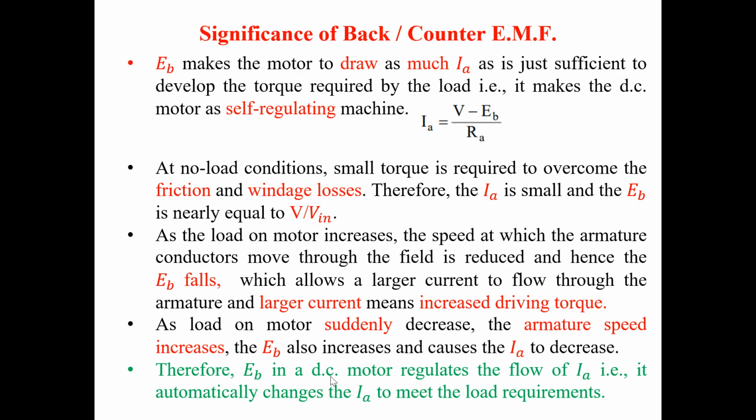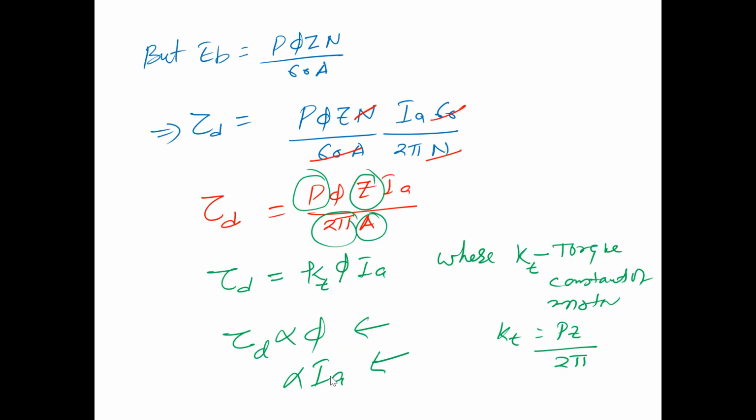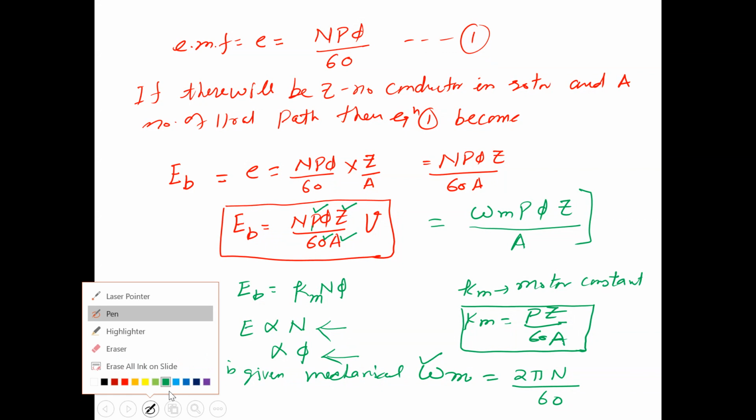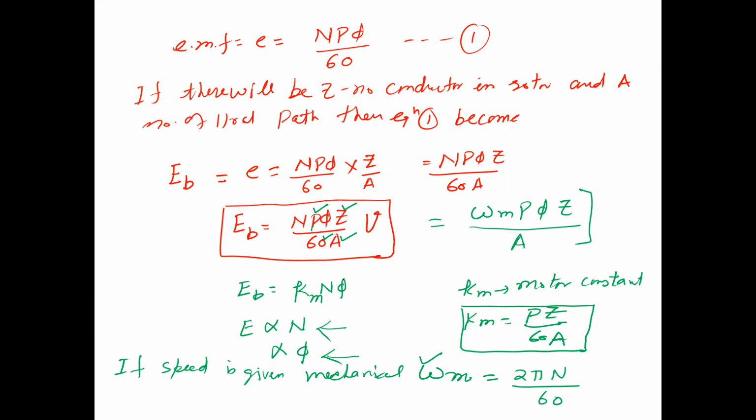If we go to the physical significance, why is this back EMF required? Sometimes this back EMF is also known as counter EMF. The back EMF depends upon two parameters. One parameter is speed, and the other is flux. Let's consider that the flux remains constant. If flux is constant, then the back EMF depends wholly upon speed.